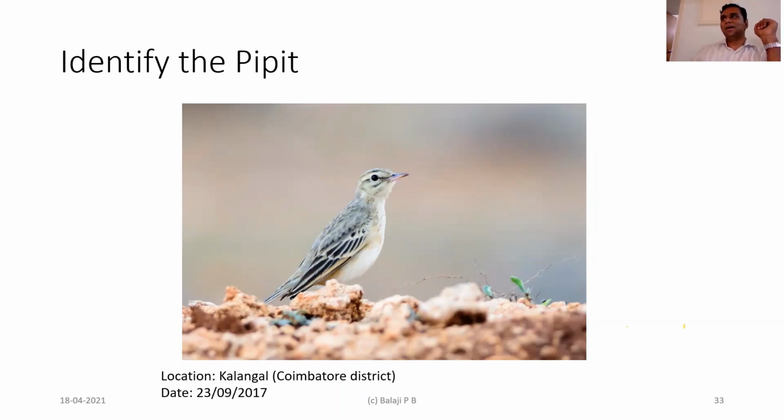I think we always have an argument because they named the bird tawny, but where's the tawny color? The tawny color is not there. So the name is actually misleading. It should probably be called a plain pipit or something else. Adding to our confusion. But this is basically the process that you'll have to follow.